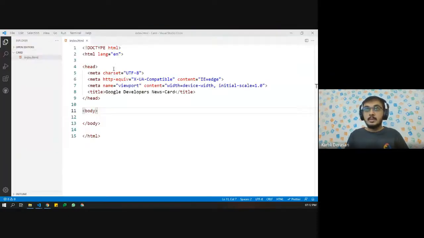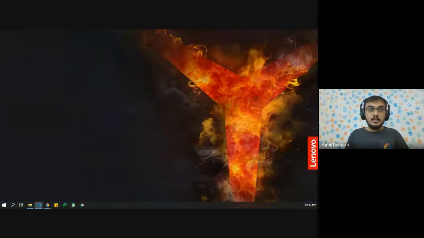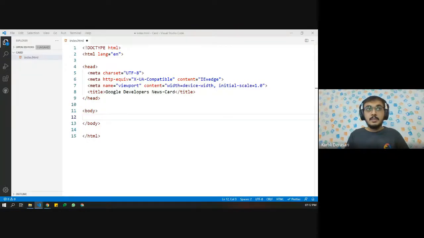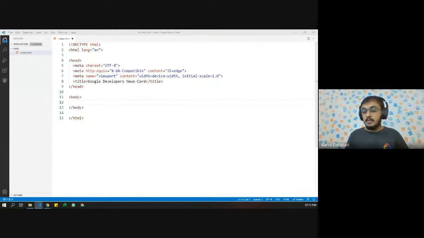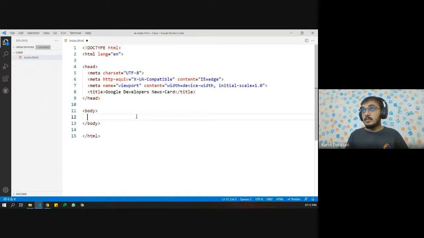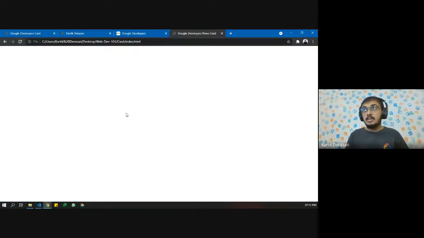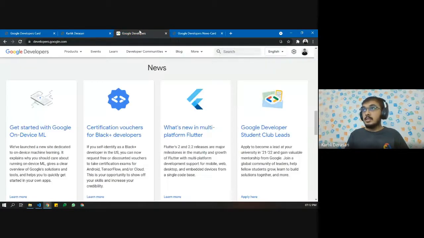Now inside body. Whenever we are trying to code, first of all we should have a design in mind. So let us see what kind of design it is.